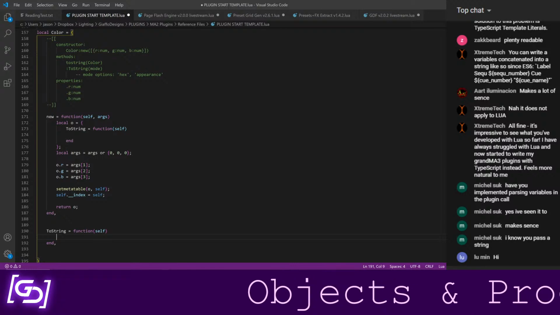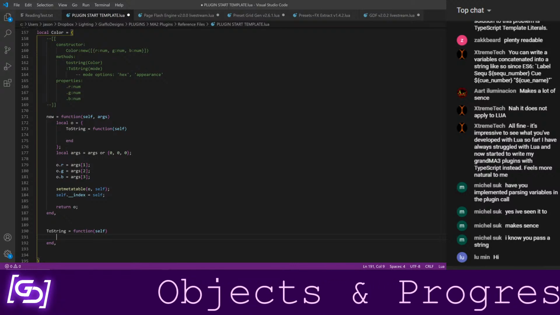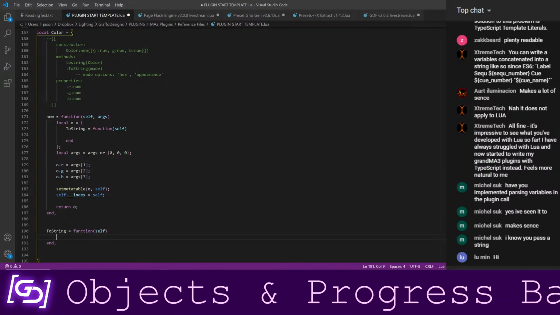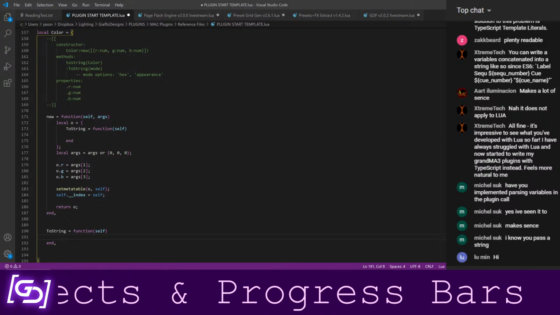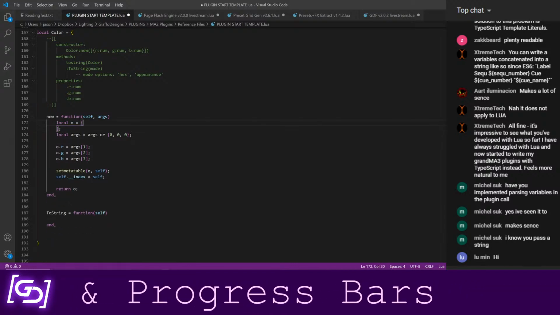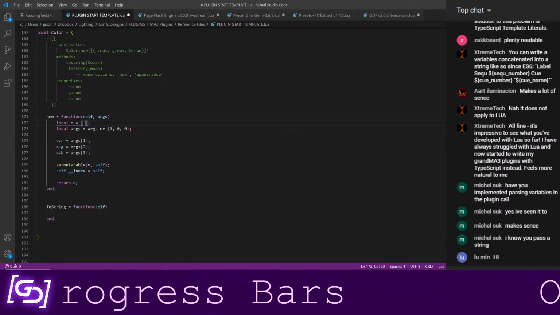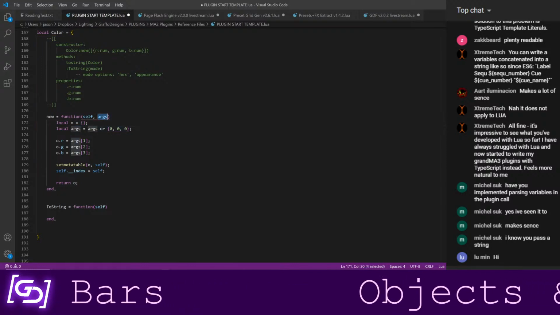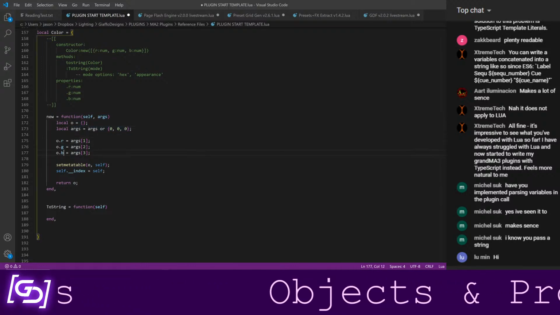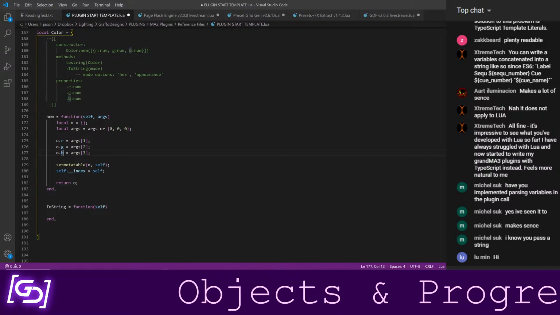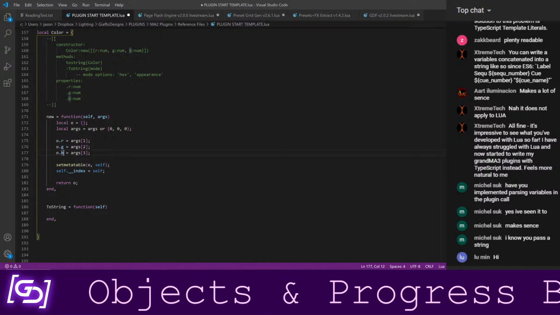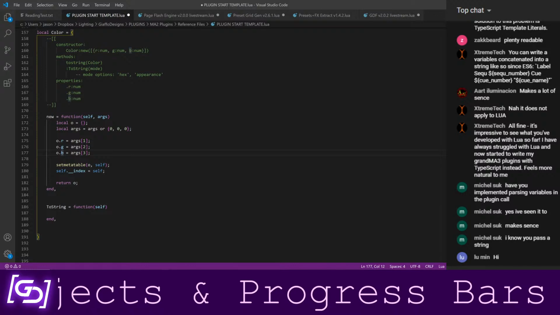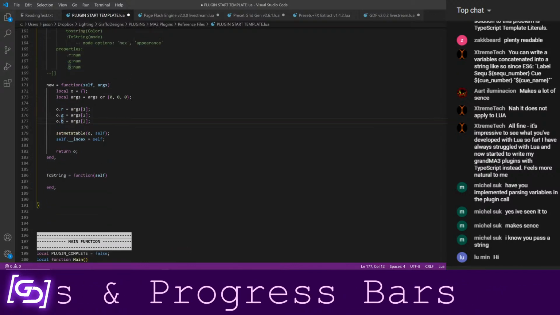So now we can define our tostring function. I know I kind of went off in left field there. So just to recap, we made our new table. We make sure our argument exists. We assign our red, green, and blue indexes. I could have condensed that a little bit, but it's fine.